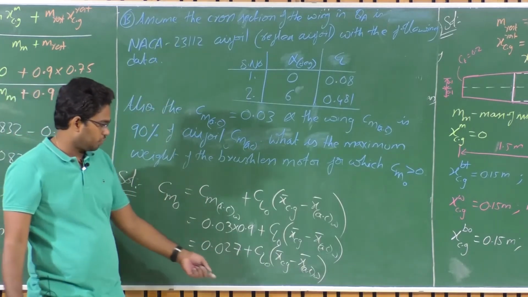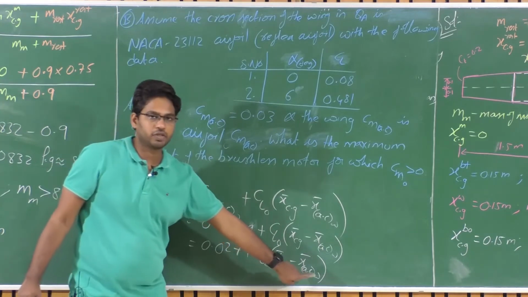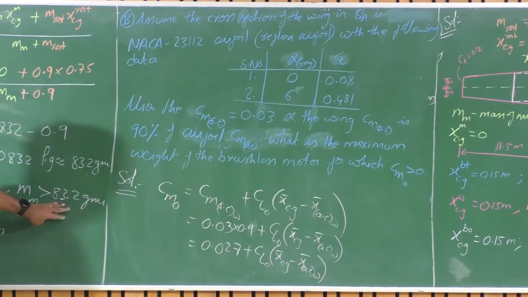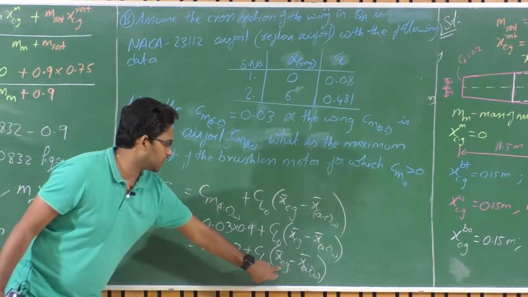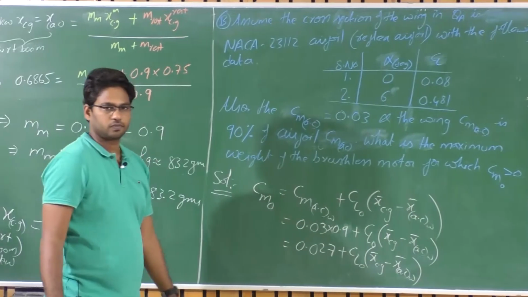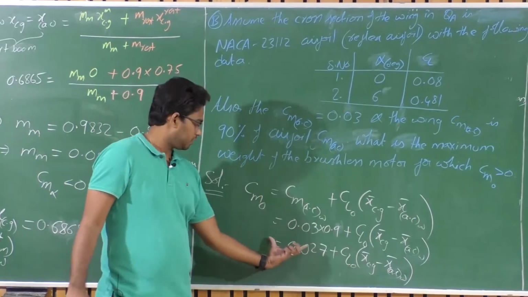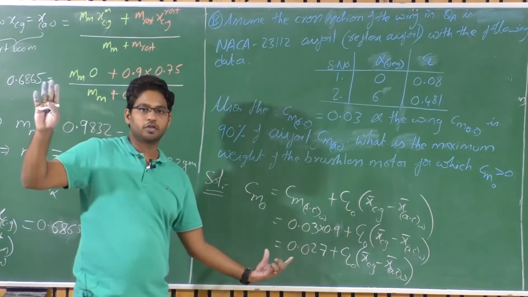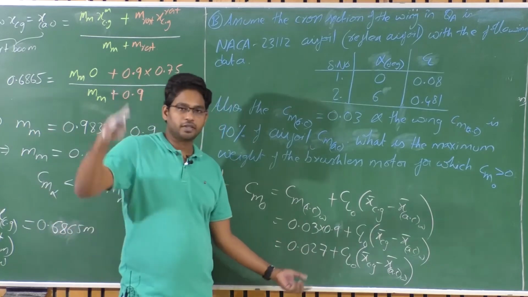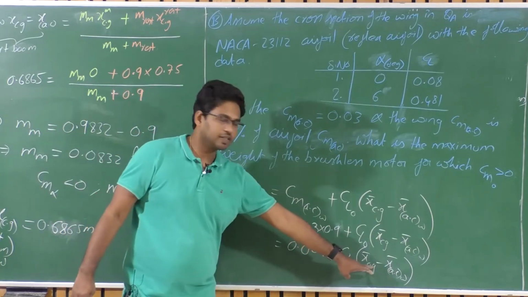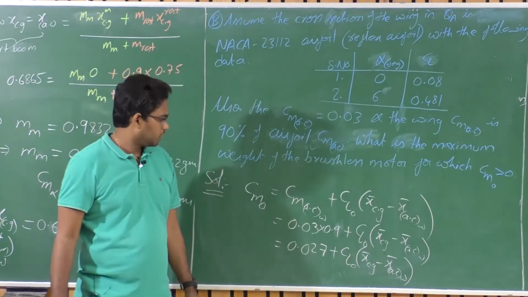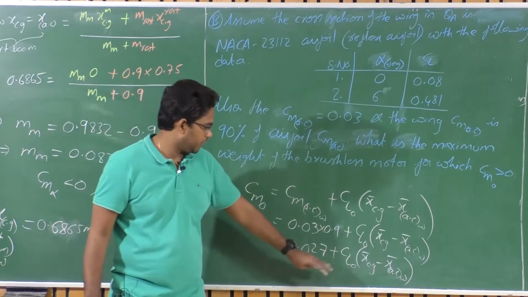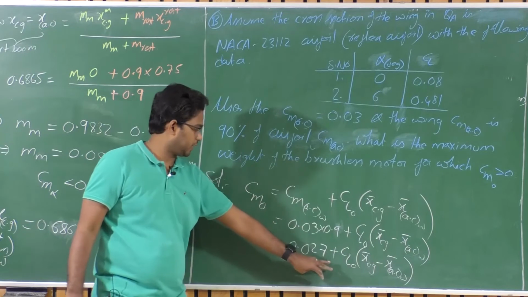By adding the motor, we brought the CG ahead of the aerodynamic center, right? If we add a motor which is anything greater than say 84 grams, that means this quantity will be lesser than this quantity. This makes it negative, and now you are subtracting it from this positive CMAC. The reflex airfoil, which you considered to trim at a positive angle of attack, you are now compromising by bringing the CG more forward. Now, say if we consider a motor which is heavy enough to make this particular quantity more negative than this CMAC of the wing.